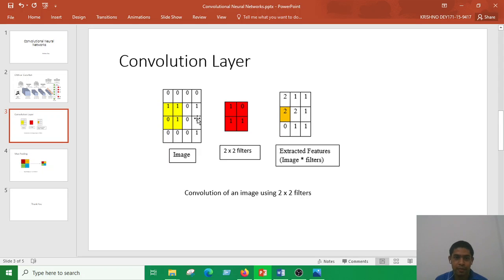Just consider it as a multi-dimensional array containing pixel values. Suppose we have a 2 by 2 filter. I'll explain the basic operation of the convolution later. This filter will start from this 2 by 2 region, and then